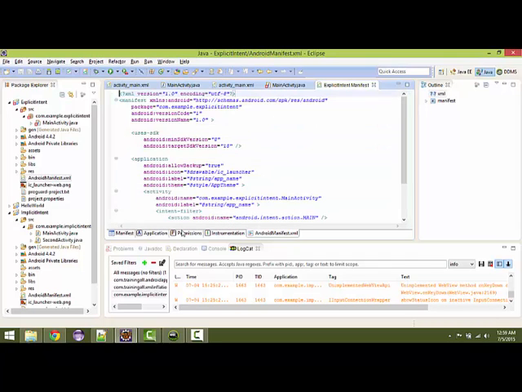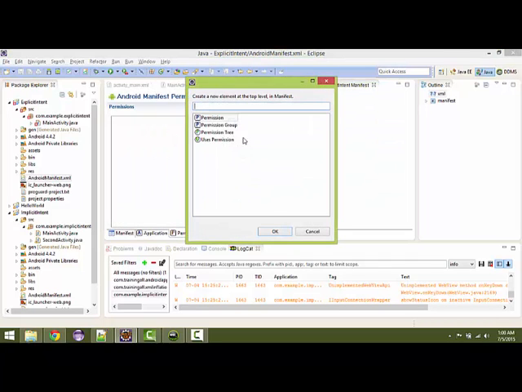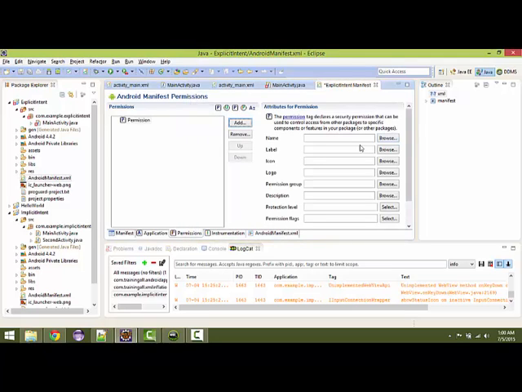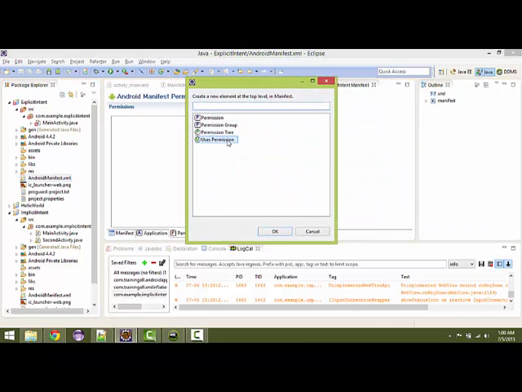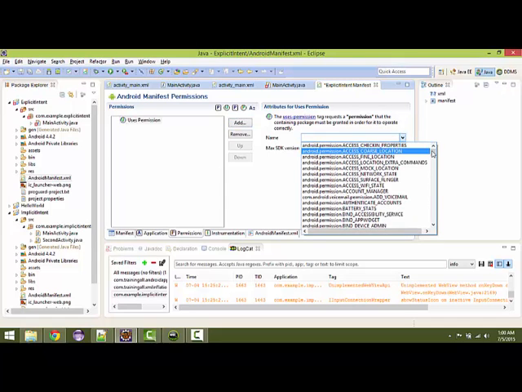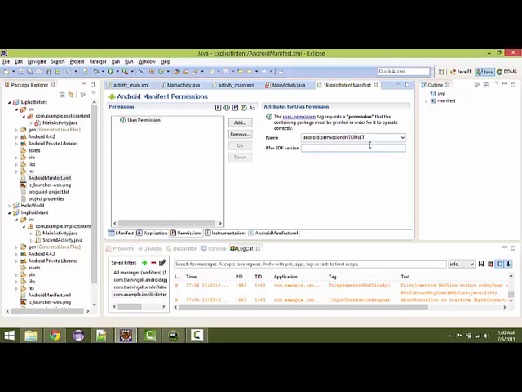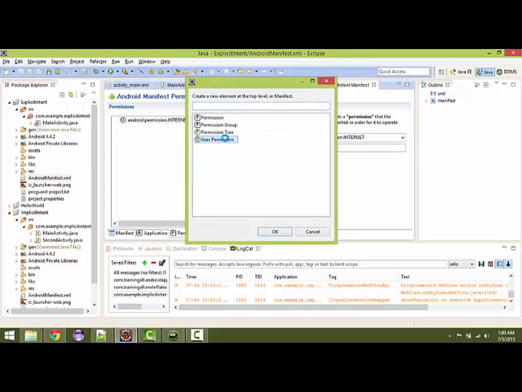One permission is opening up internet. So add uses permission. One permission is internet, saved it. The other one is